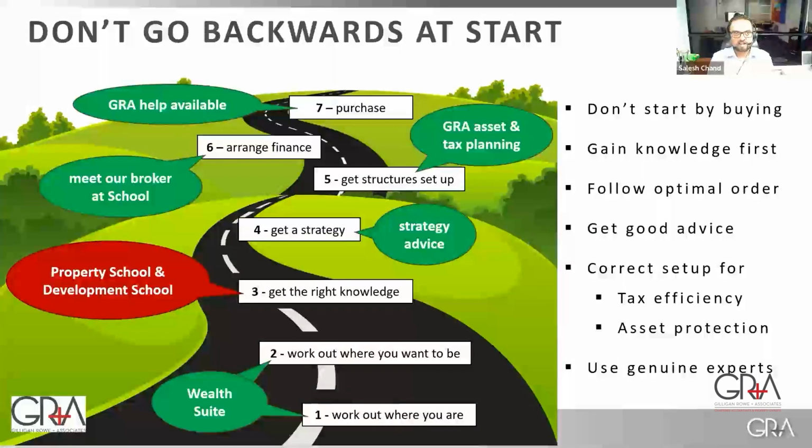So what we've done is a little roadmap for you, to get you thinking where you should be going. Work out where you are now. If you've got a comfortable life, you've got a nice house, 2 cars and all of that, how can you move forward? You can refinance and do things like that. Work out where you want to be. What do you want in your life? What's a 10-year plan? Always have a 10-year plan.